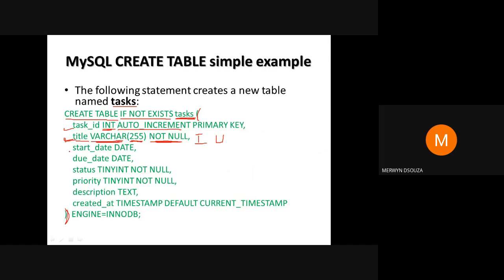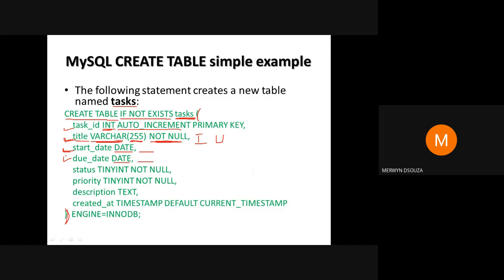Then you have two more columns, start date and due date. These both have the data type date. Because we have not specified any not null constraint for the third and fourth columns, start date and due date, both of these columns accept null values.